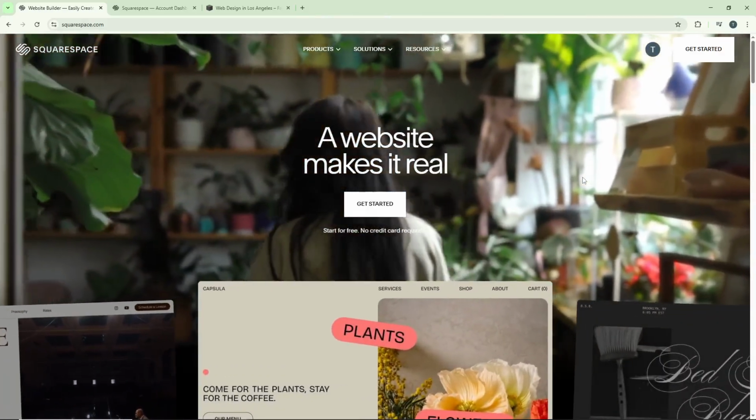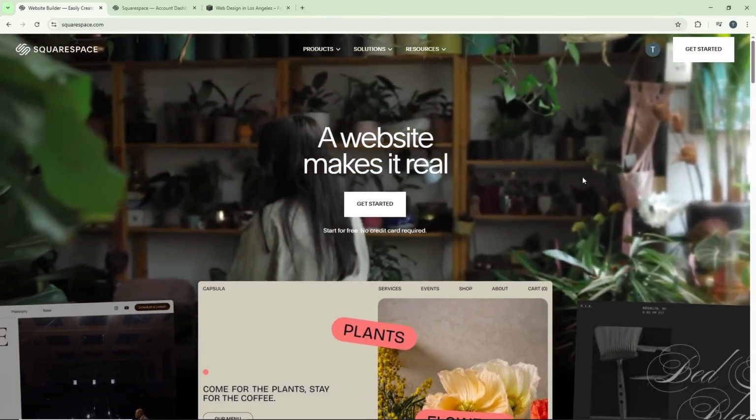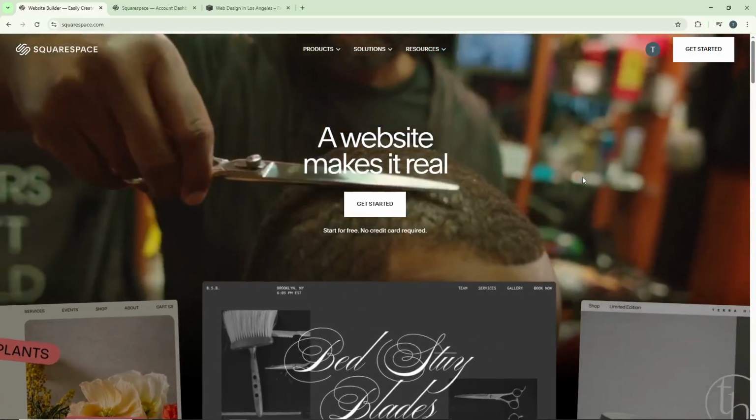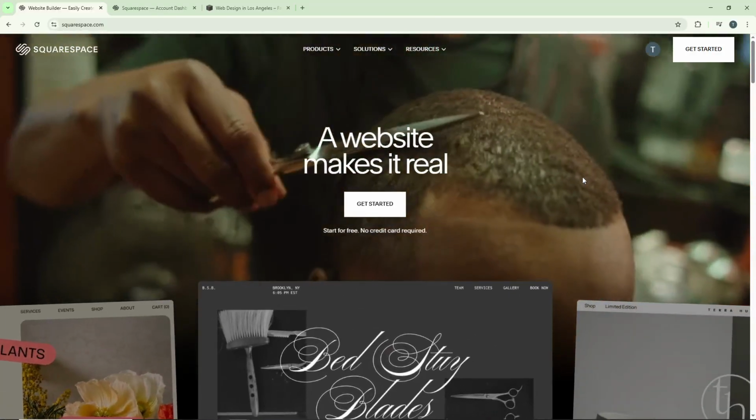Today I'm going to teach you how to change the language for your Squarespace account. This is really helpful if you prefer working in a different language or if you're managing a site for a